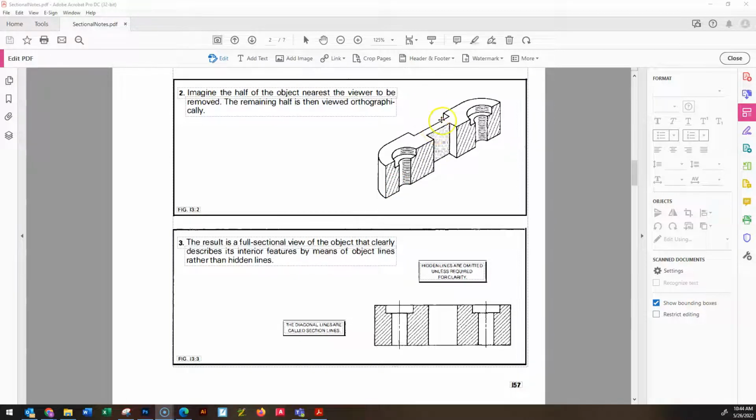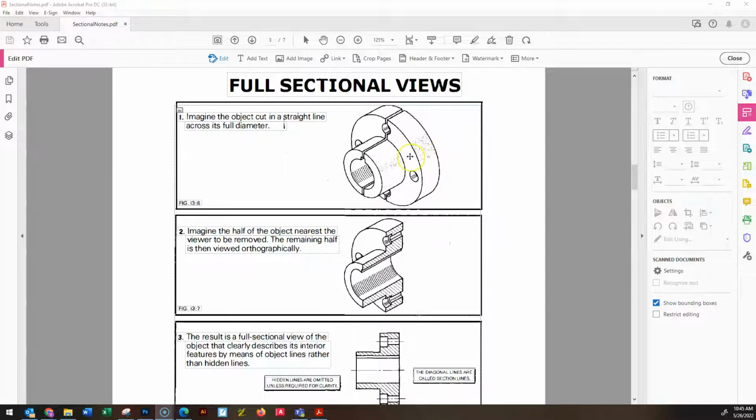So we would probably include a top view, not sectioned, just the full object, and then underneath it, we'll have the front view, which is sectioned. Whereas with one of these objects, something like this, we would have a front view that's not sectioned, just the way you would normally draw it, and then we're going to have a sectioned